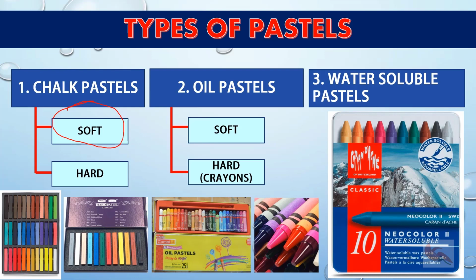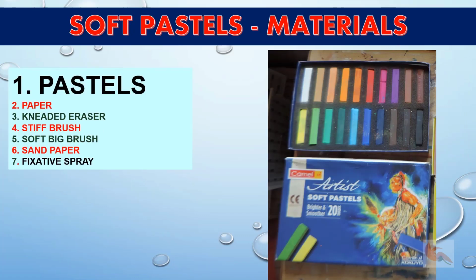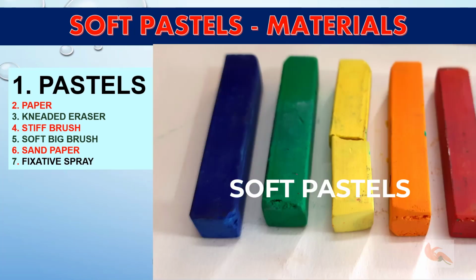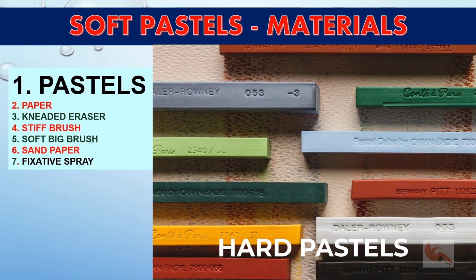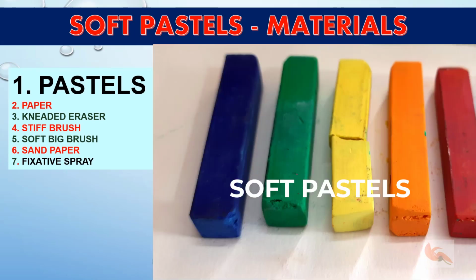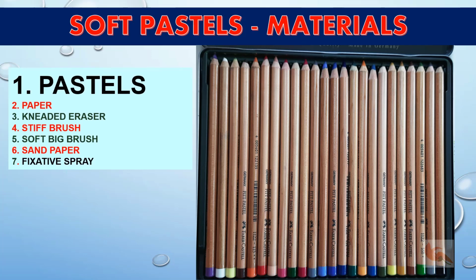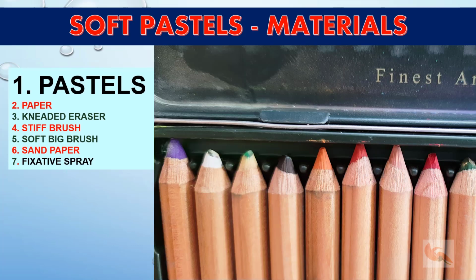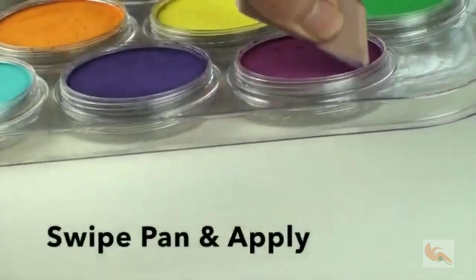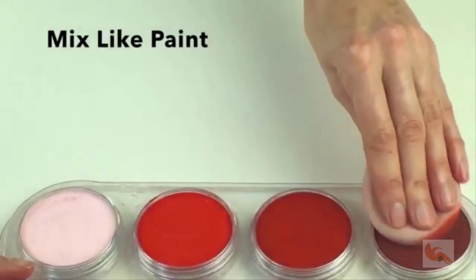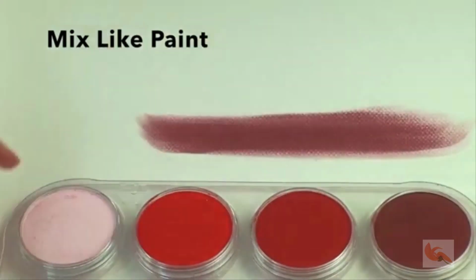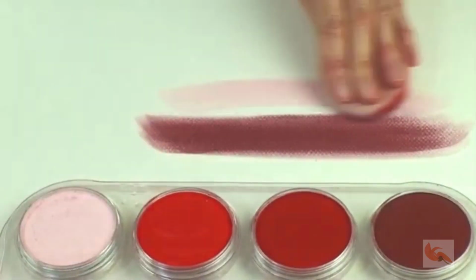Now let's see soft pastels. Though commonly recognized as soft pastels, the non-oily variety or the chalk variety come in soft form and hard form. The soft ones are more chalky and break and spread easily, and the hard ones don't break easily but are difficult to spread. You also get pastels in pencil form, which are very good for fine details. You also get pastels in pan form, which look like the makeup kits the ladies use. They can be spread easily over large areas and blend very well.